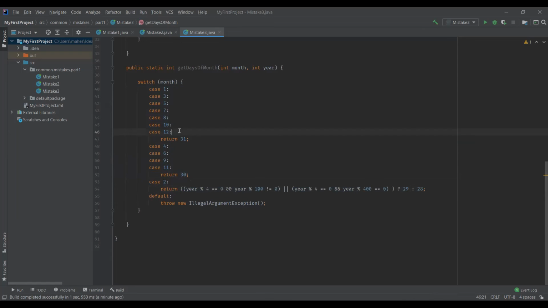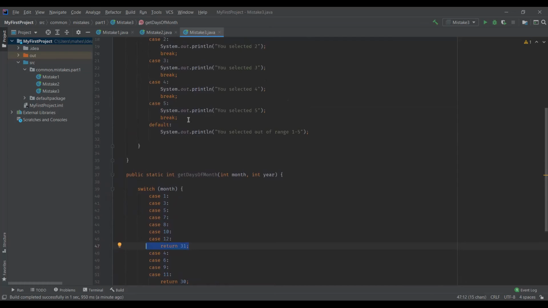So you can see here we are actually using the fall through behavior. If the value is either equal to 1 or 3 or 5 and so on, we are going to return some value. So we are not using the break keyword here, we are actually making use of the fall through behavior of the switch case statement. The point to be remembered here is you don't need to use the break statement always, and if at all you want to use it, do not forget to use it according to your requirement.